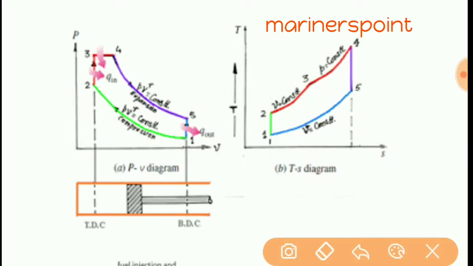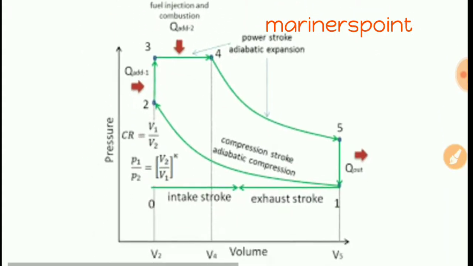And let's see the TS diagram. Simple one. Now what will happen? When compression takes place, temperature will increase. Okay, heat added, and temperature will increase. When heat is added, temperature will increase. Now this is isentropic, so your entropy will be fixed here. Okay, now when power stroke, expansion takes place, piston will go down, then temperature will decrease, and heat rejection, and then temperature will decrease. Here is a combination of both the diesel cycle and Otto cycle. Simple diagram we can see.